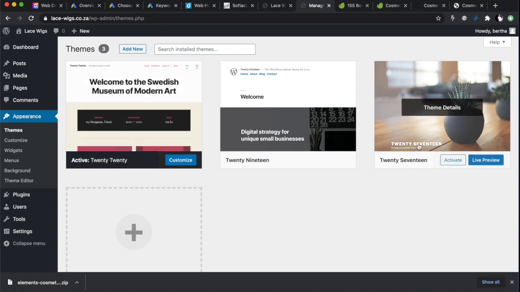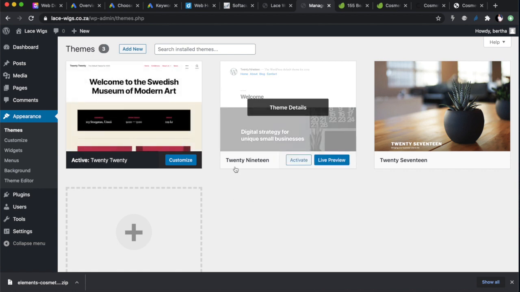And we are going to remove all of this and we're going to add a new theme. And the theme is the one that is going to be a paid for theme. Okay, we're not going to use a free theme in this instance because I want to show you something that is really professional. And you know, price comes with what you get. Okay, free is not always the best.